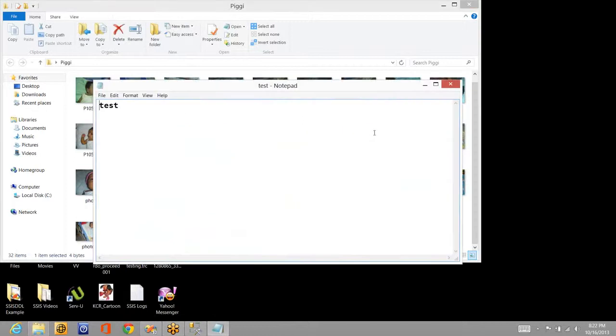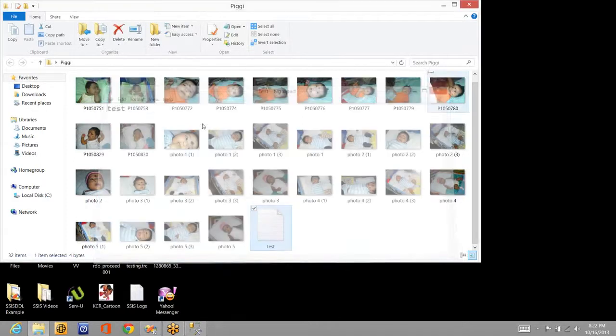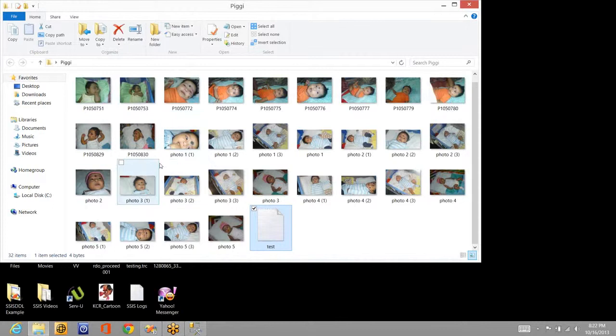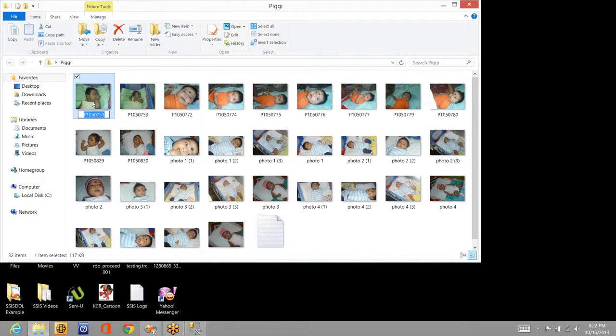So I need to store that information, the file information, like what is this file and how to get this. For that, what I'm going to do here is rename this as 1, 2, 3, 4, 5.